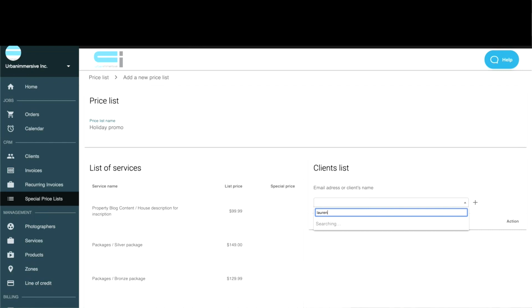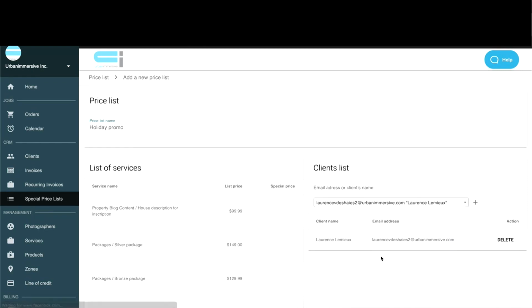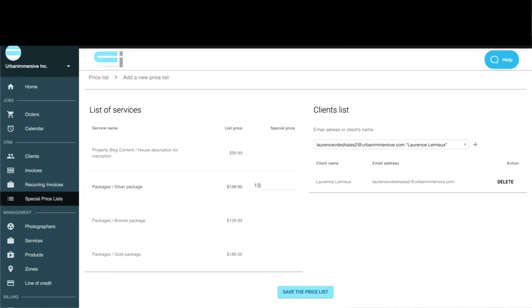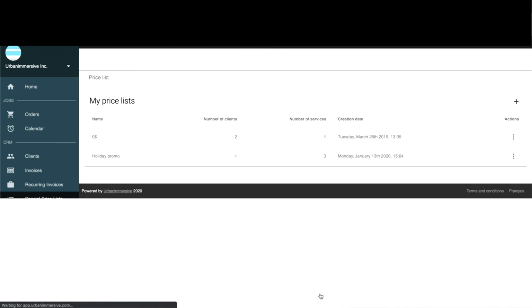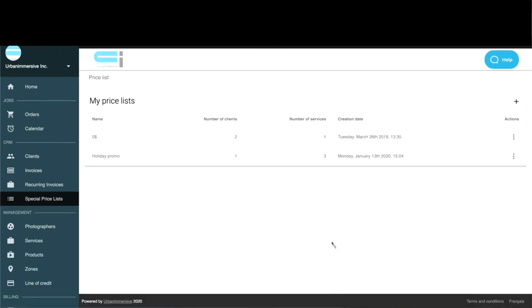So you create the custom pricing like this, and you can set individual packages at specific levels. And this gives you full control over how long a particular client gets that reduced rate because you can switch it at any time. It's easy for your clients as well because they just need to log in and they can book their preferred shoot at a time that suits. And that's important because you want this to be a simple to use, positive experience for your dream clients that you've been working hard to bring on board.